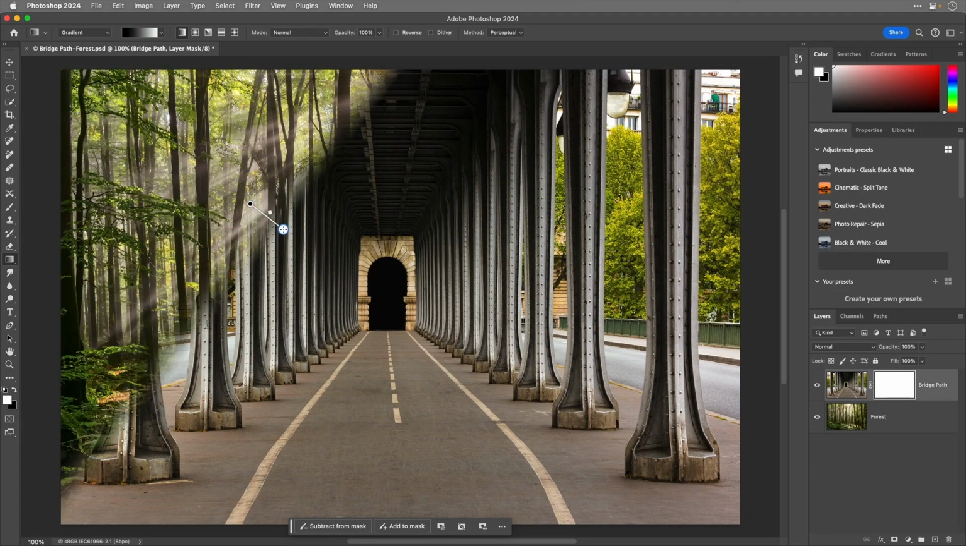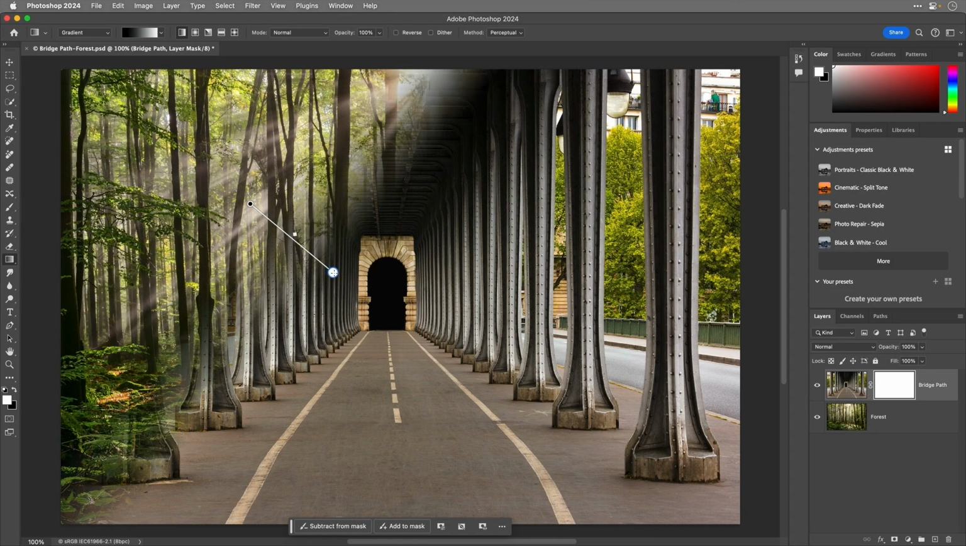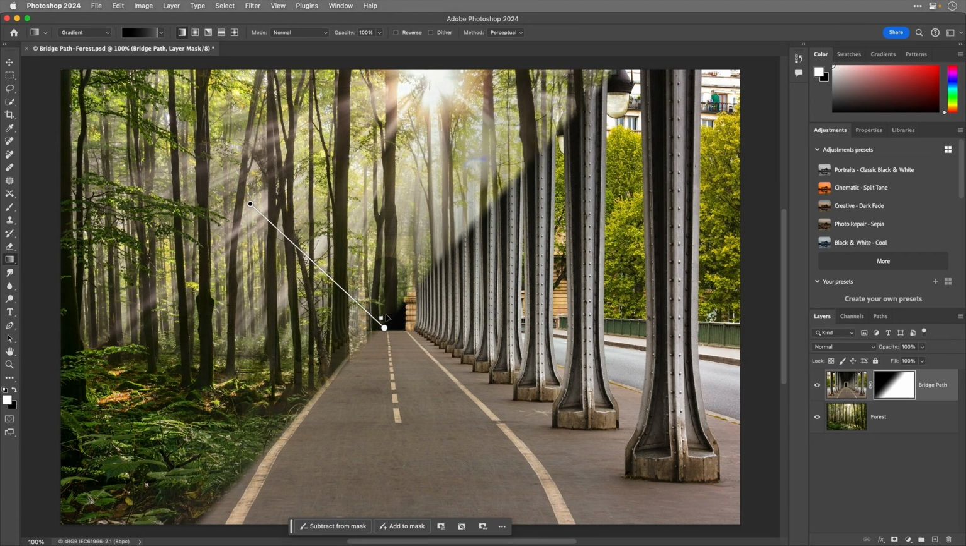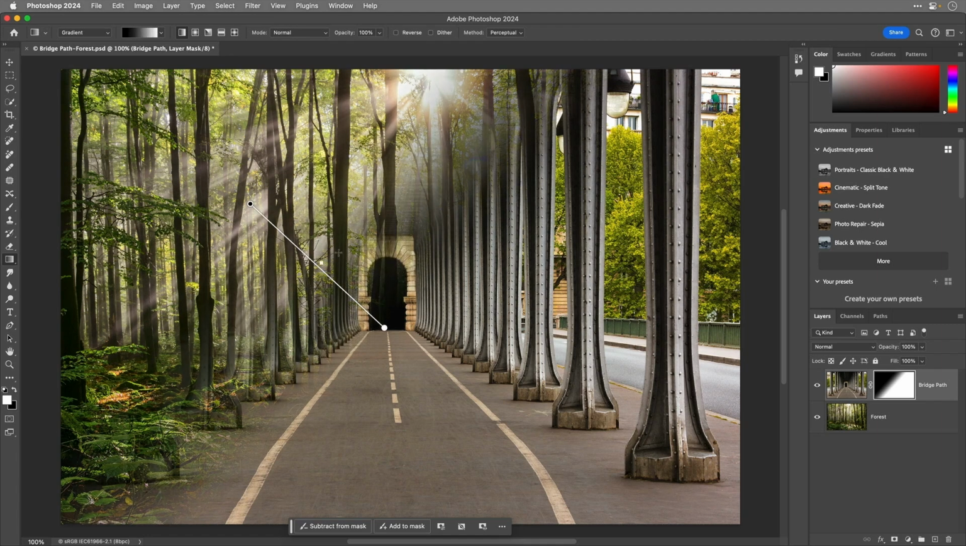One of the best ways in Photoshop to create a gradual and seamless transition from one image to another is to use the gradient tool. Gradients are one of my favorite techniques to use with compositing because they provide so many ways to merge different